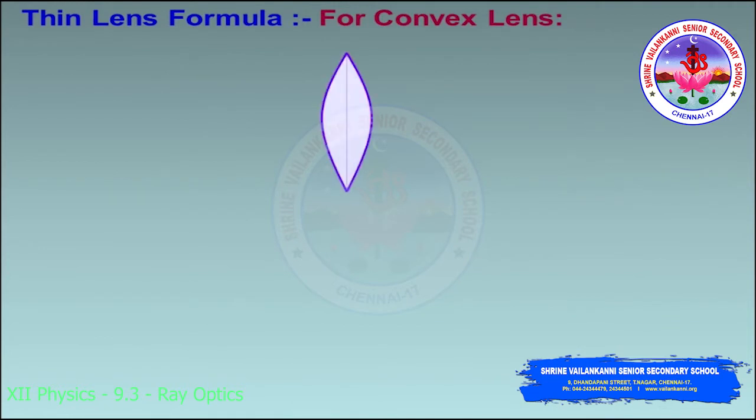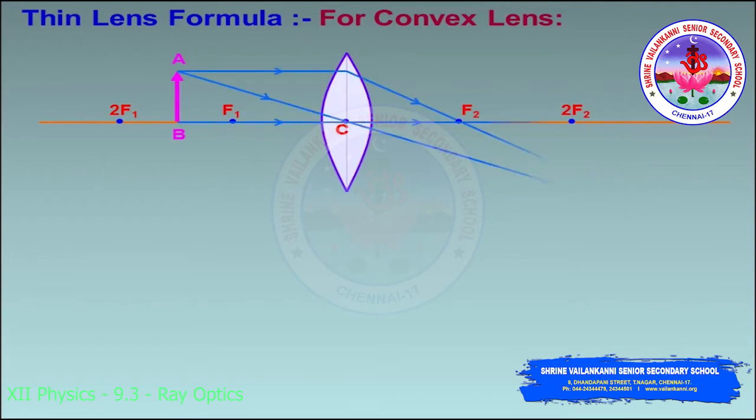Okay, now the image will form as a real image, right? So consider this object AB placed perpendicular to the principal axis of a thin convex lens, with center C, kept between F1 and 2F1. A real, inverted and magnified image will be formed at A dash B dash, beyond C on the other side of the lens.